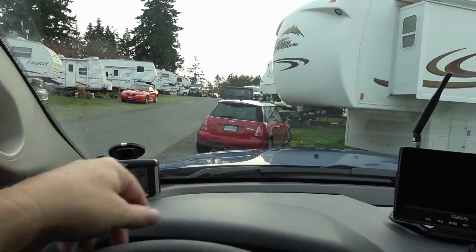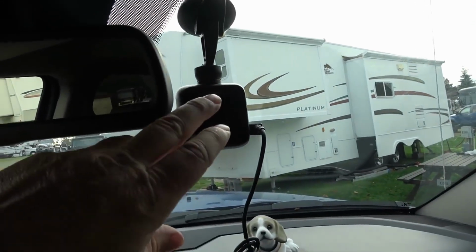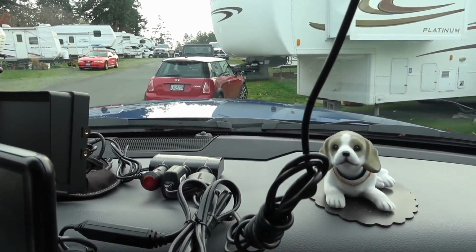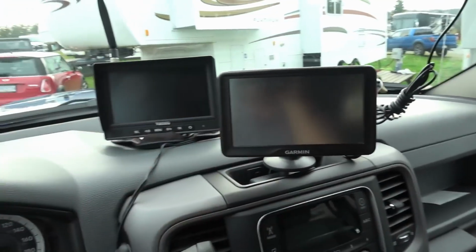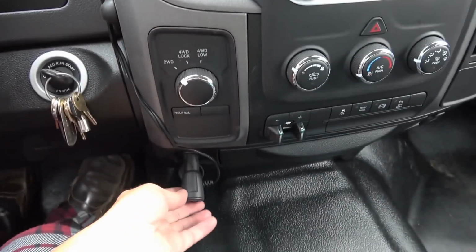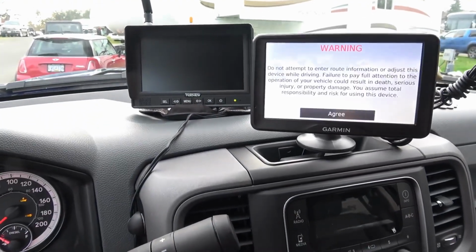I have my tire monitor over to the side, and then we also have the backup camera here, and then I got like a splitter for the three different cords. So it's kind of nice because I can take everything off if I want, easily unplug everything and remove it from the dash, and it's like it wasn't even there. And then I have one cord coming down to the power outlet. Let's turn it on, see how it...